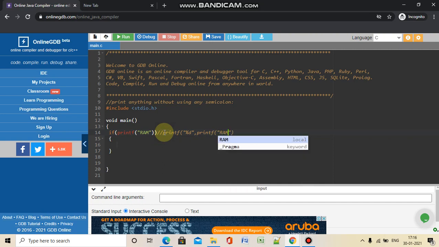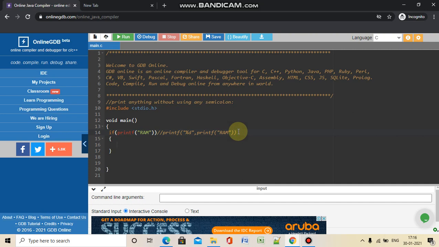Here we are using the format specifier %d, so it will always return an integer value. But in printf ram we are not having any integer. So how is it going to print an integer?